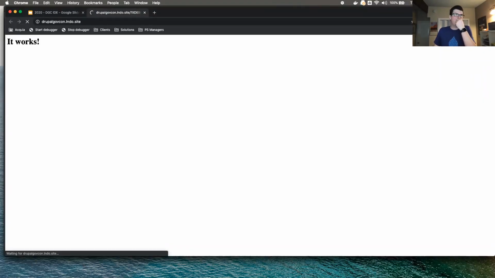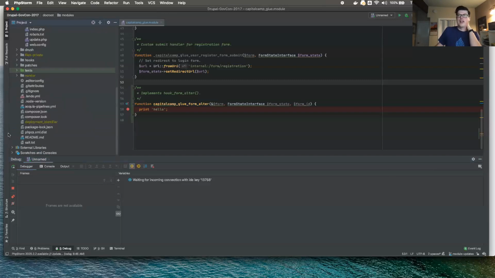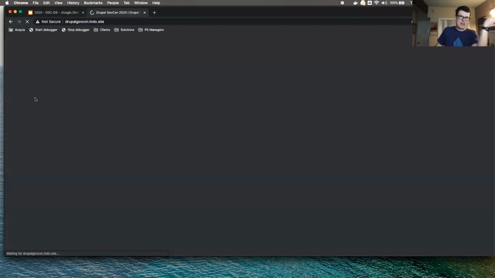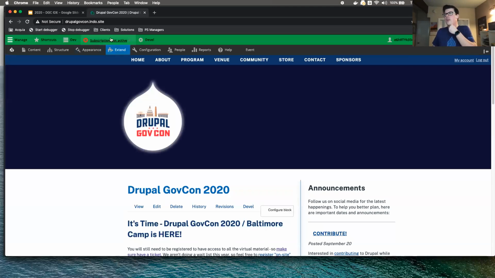Backing up while we wait on this to load, I know Tim asked, how much of anything did you have to do to configure PHP Storm to know Drupal? Not a lot out of the box. It's going to detect actually if it's a Drupal project or not and ask you what version of Drupal, and there's some of that stuff. The biggest thing that I've done to sort of configure this is to get like the editor config, the PHP code sniffer file, some of that stuff up here at the top level, so that it is in fact doing some of those code quality things. But in terms of it knowing Drupal itself, yeah, it's not really a huge thing.